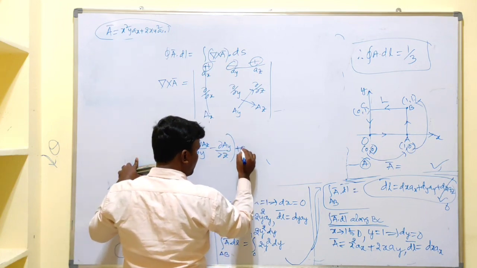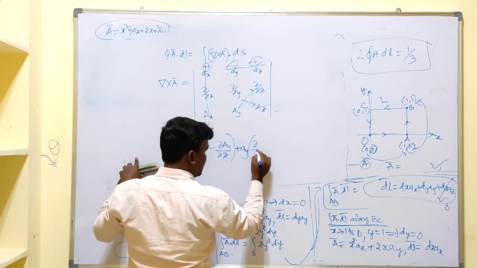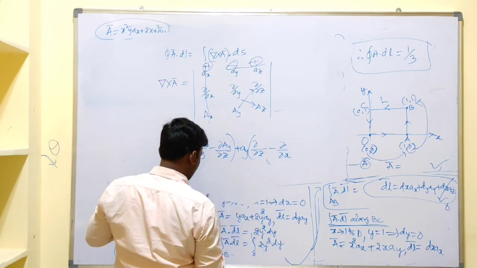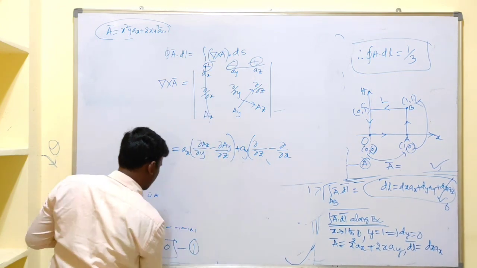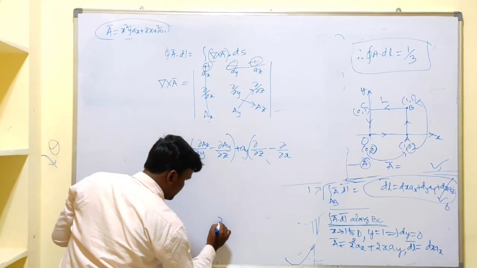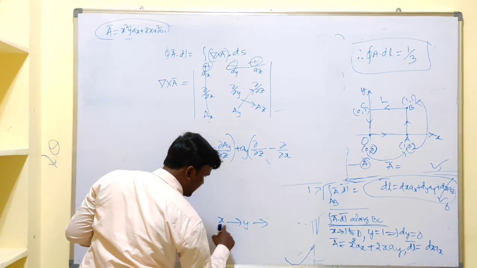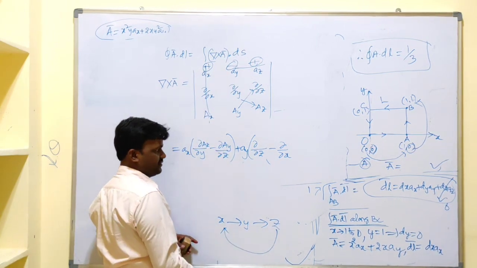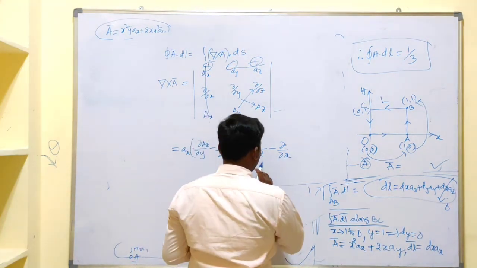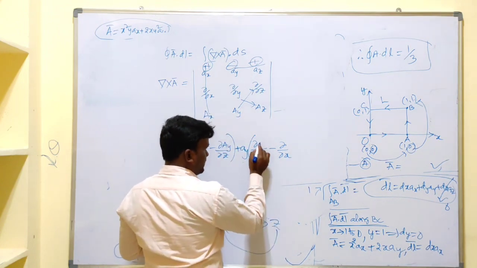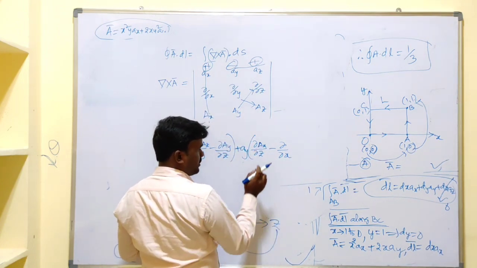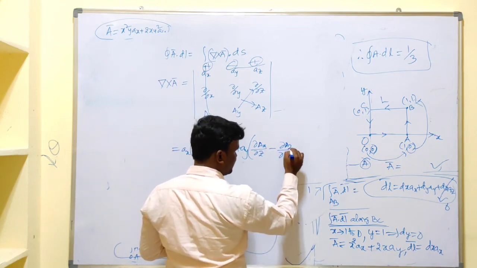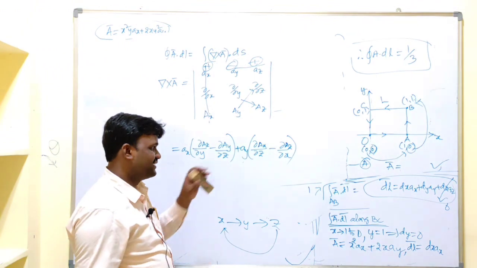Similarly, go for ay. After y, write ∂/∂z, and after z, ∂/∂x. Like this. The notation is x, y, z, after z again x, like this. After x, y, z, ay. For this z, write the x component of A, and here it is z, write down like this. It is that much easy.